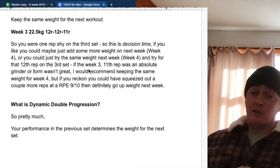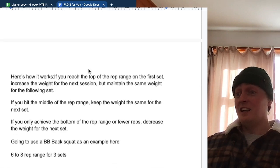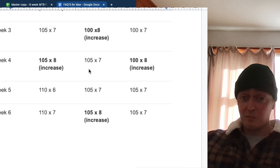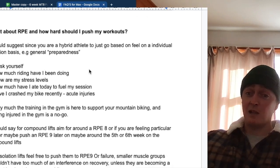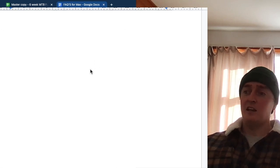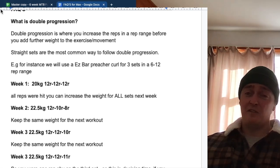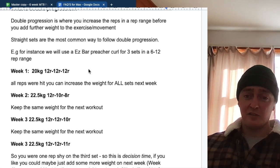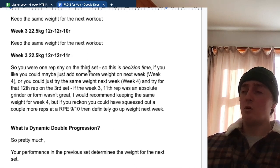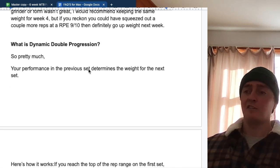So based on your RPE on an individual session basis, pretty much on your general preparedness for the session, that's a better way to go about things rather than just pre-planning your RPE in. You should probably push your RPE around 8 if you can. If he's feeling particularly eager on the day or super fresh, RPE 9 could be a good idea. But more likely towards the end of the program, if he's feeling up for it, like the 5th or 6th week, you can just push to RPE